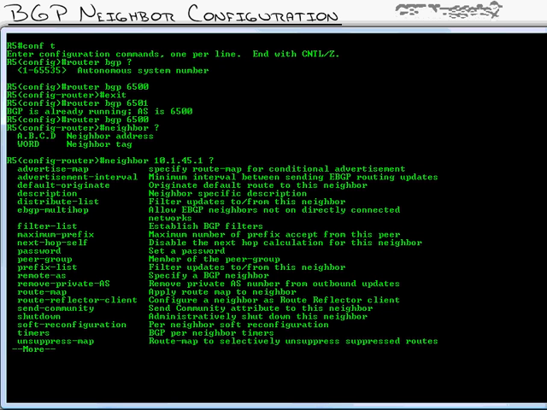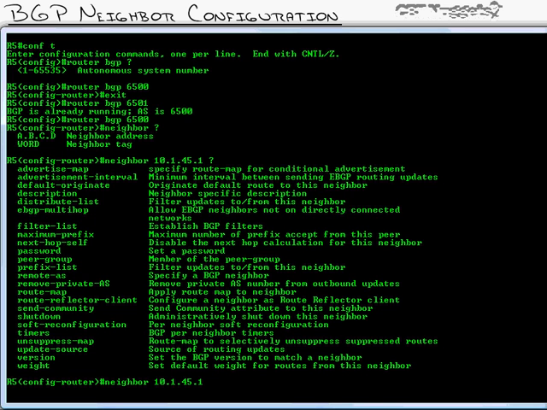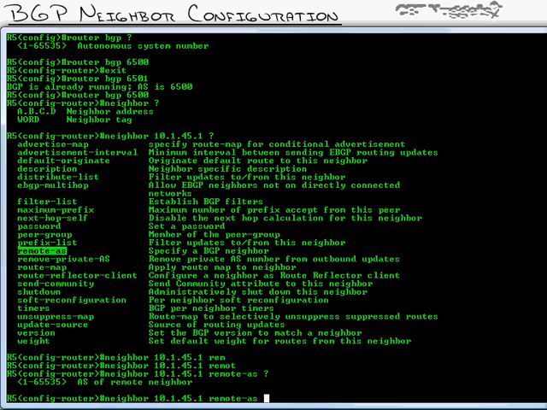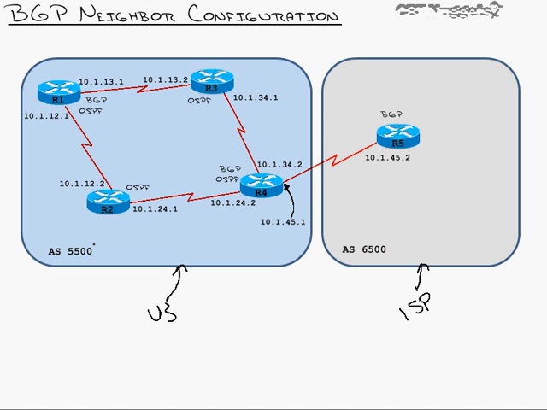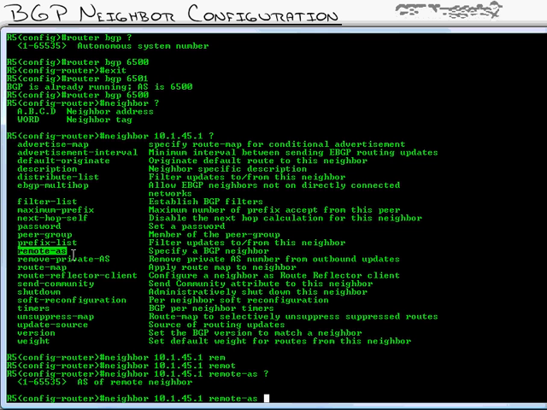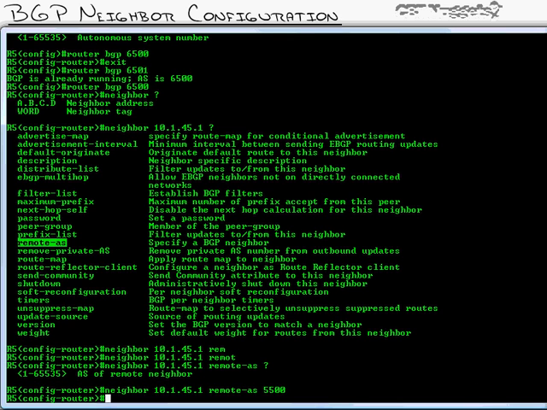Now it comes up with a giant list of commands, and you can see why most of our commands start with neighbor. This is just about everything that we can do to modify the neighbor relationship, but it all has to start with the remote autonomous system number. You can't really type in any other commands dealing with the neighbor until you begin the neighbor relationship. So I'm going to type in neighbor 10.1.45.1 remote-as and what remote autonomous system number they're in. They are autonomous system 5500. So I'll put in 5500, hit the enter key, and we have our first neighbor statement in on the ISP